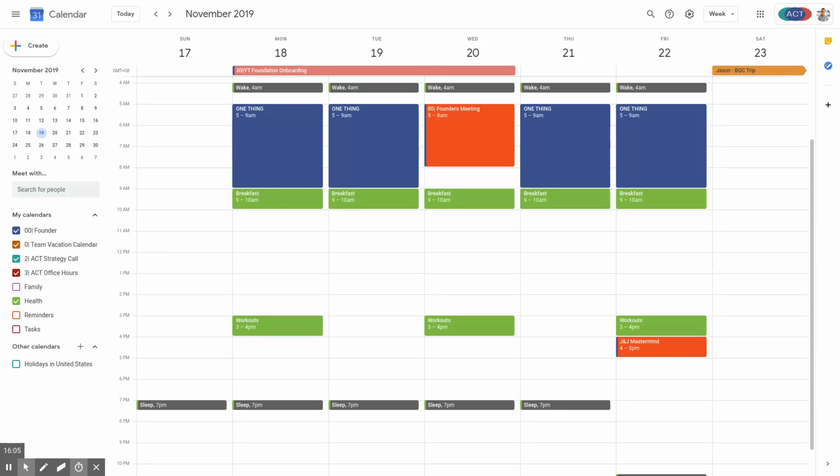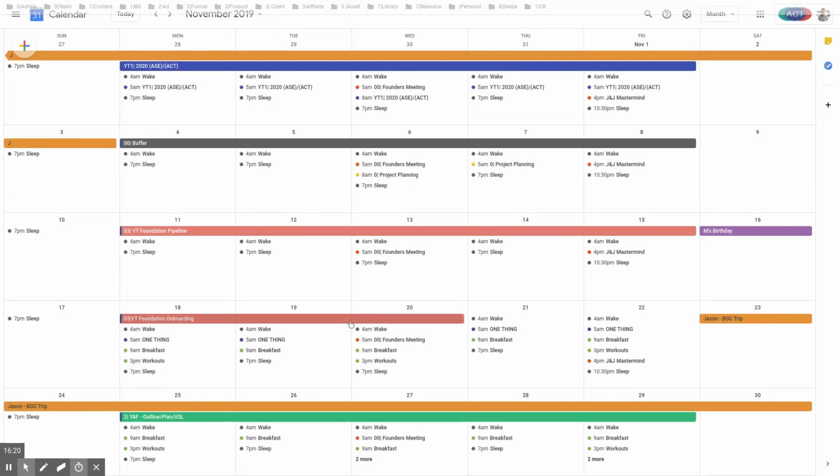So this is how you make sure that you plan out how you're going to spend your weeks getting to your goals, and also making sure that you make time each day for your goals. This is not a cut and dry process, right? Things do go wrong, but I just wanted to show you how you can actually week block and time block at the same time. And of course, I include buffer weeks as well, because sometimes you just need to make sure that there's extra time.